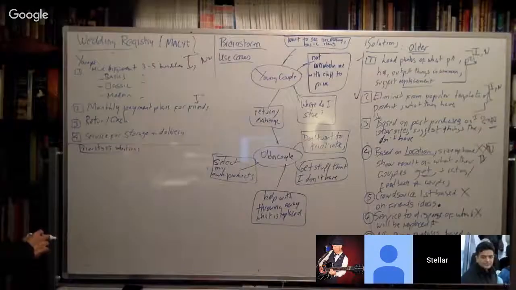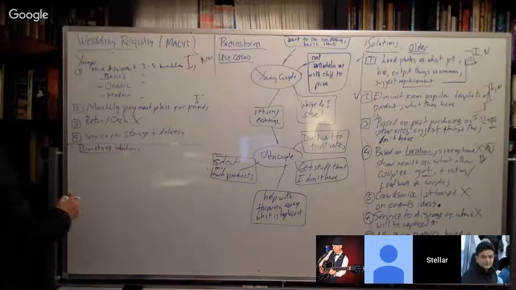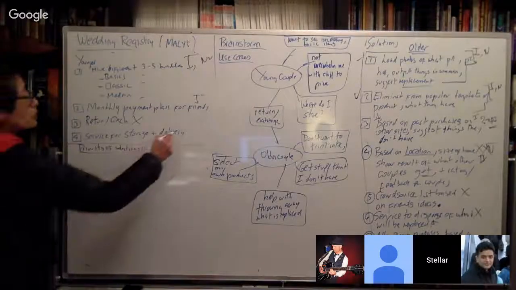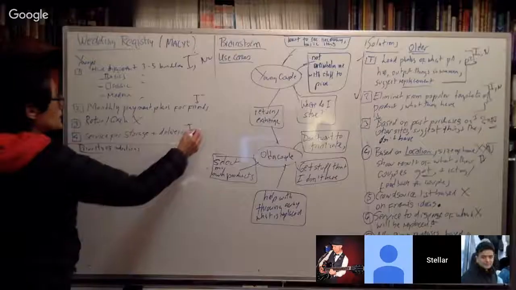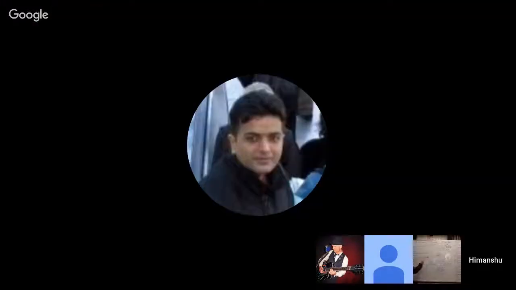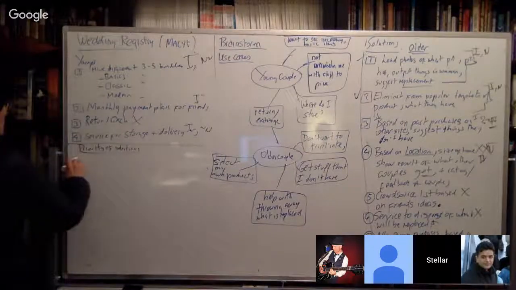Return and exchange, that already exists. Services for storage and delivery. That would not be really helpful. It would be helpful, but innovative, I'm not sure. Not sure if it's innovative. So of all these, I'm going to pick the ones that are really innovative. So one,